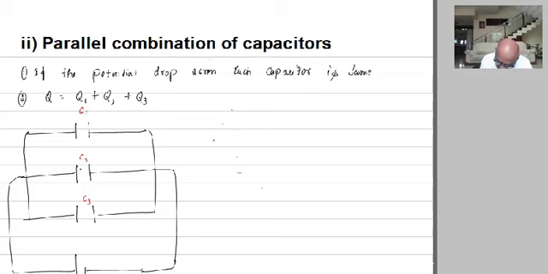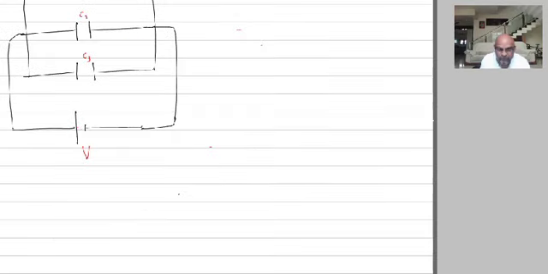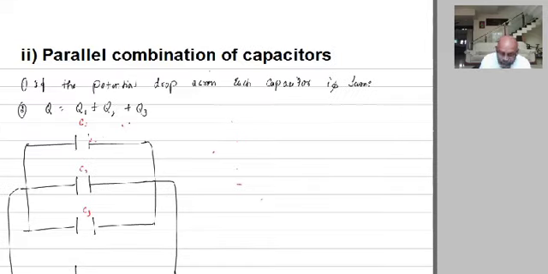Just check dear students, C1 the left plate is connected to the positive terminal, and the right plate is connected to the negative terminal. So therefore the potential